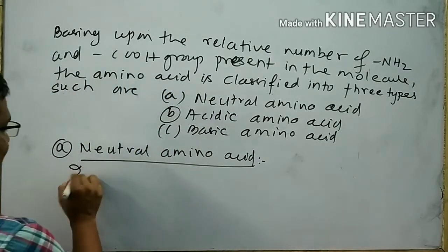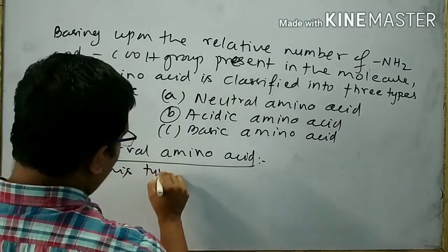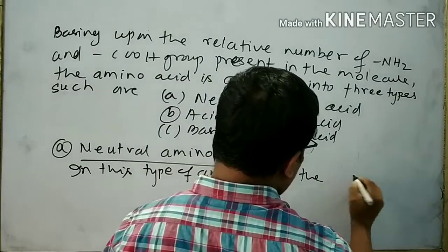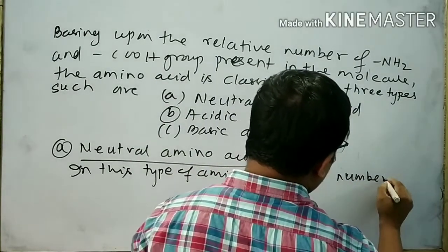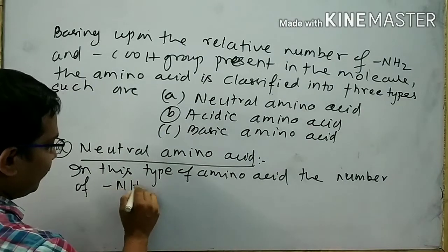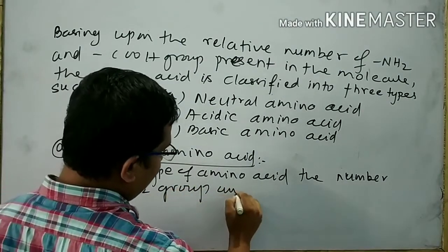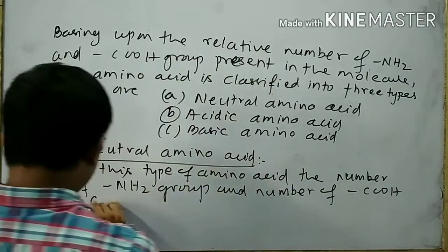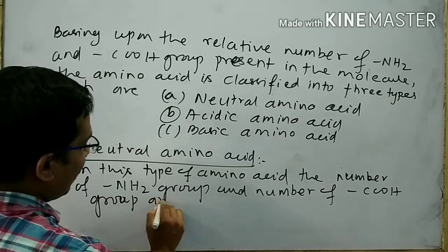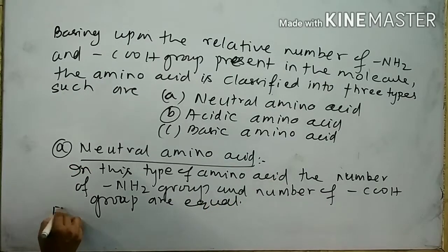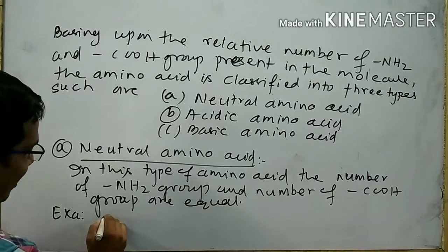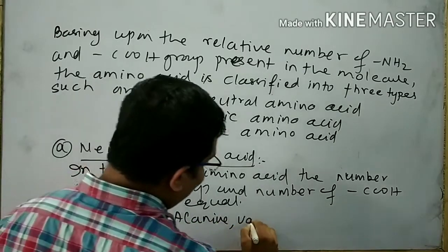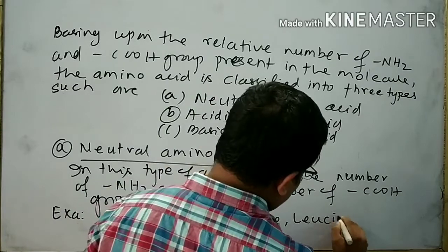So we can write that in this type of amino acid, the number of NH2 groups and the number of COOH groups are equal. The examples of neutral amino acid are glycine, alanine, valine, leucine,